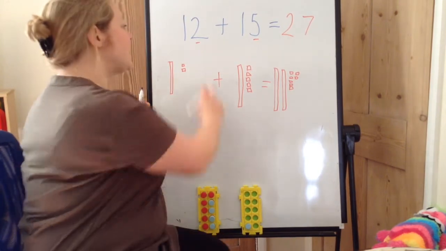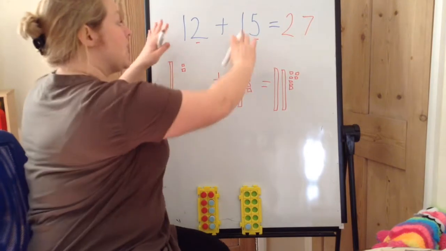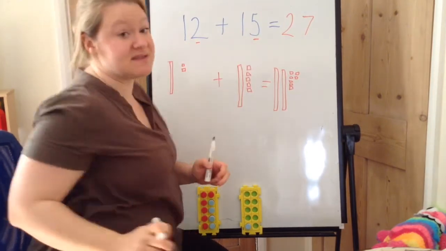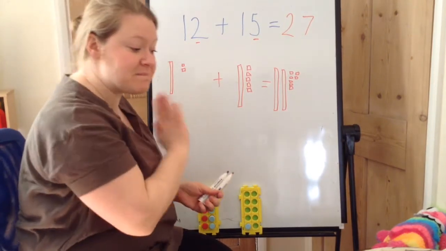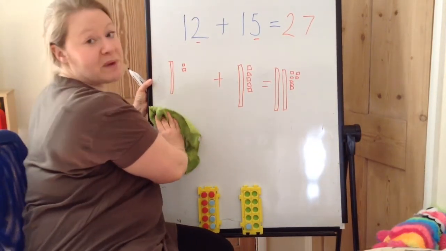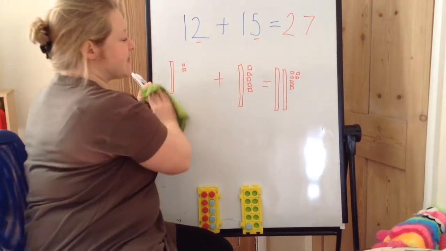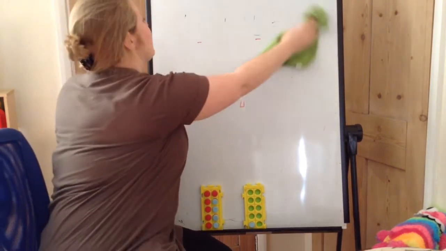So when our numbers don't go over the tens boundary, this is quite simple to do, getting the tens together, getting the ones together. The children should be quite familiar with doing that. That's no problem, hopefully. So please do some practice of those ones. The key is that the ones numbers do not go over the tens boundary. But when they do,